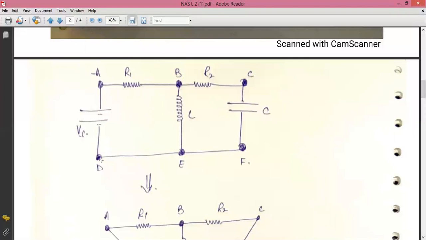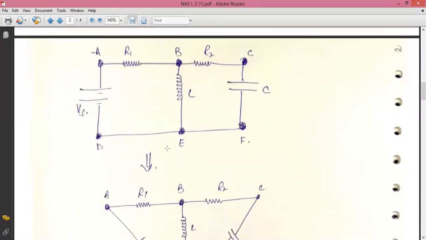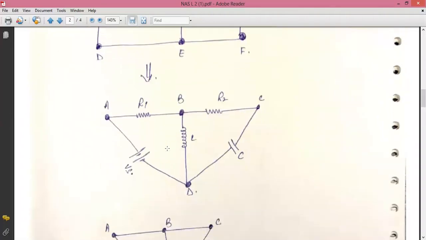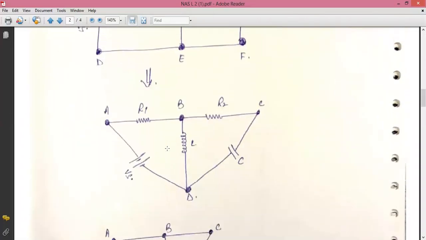But you see D node, E node के बीच में क्या कोई एक्टिव एलिमेंट है, क्या कोई पैसिव एलिमेंट है? In our electrical, only 5 elements are present, that is voltage, current, R, L and C. So you see D point, E point के बीच में कोई भी एलिमेंट प्रेजेंट नहीं है, and likewise E point और F point के बीच में कोई भी एलिमेंट प्रेजेंट नहीं है. So I can combine this D point, E point and F point as a single point. So ये जो above सर्किट है, ये कुछ ऐसा मैं बना सकता हूं? क्या मैं इसको ऐसा बना सकता हूं? Yes, sir.